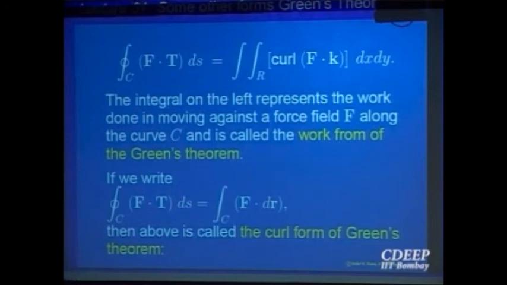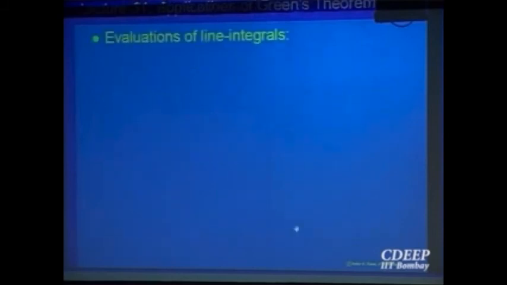Depending on what data is available to you, this form will be useful. I will give you at least one application of this today. So let us look at applications of Green's theorem. One example we have already seen: if your integrand is nice, that double integral, the integrand comes out to be 0, then you can modify your curve. You can choose which line integral you want to evaluate. In general, it is conversion of a line integral to a double integral or conversion of a double integral to a line integral. The choice is yours. It relates a line integral with a double integral. Whichever is easier to compute, you compute that. That is the advantage of this: one form of integration to another form of integration.